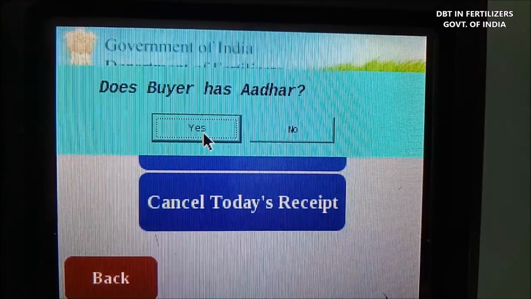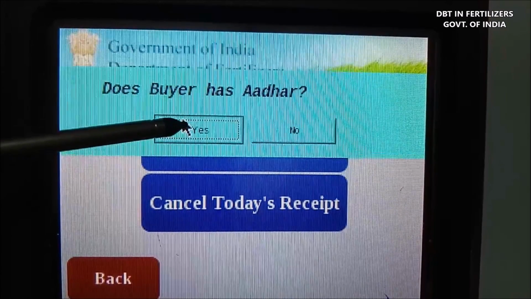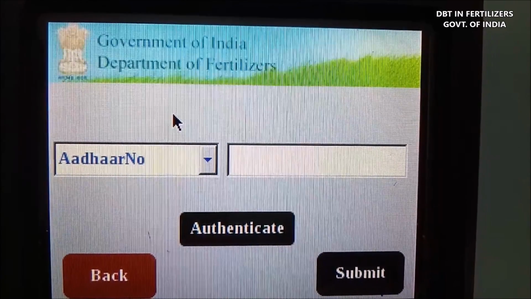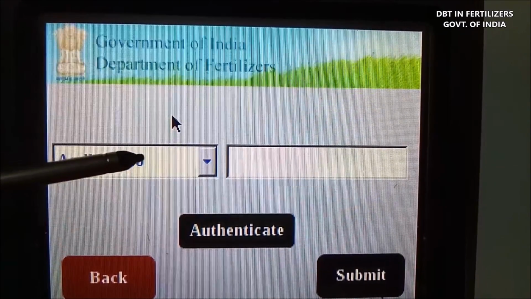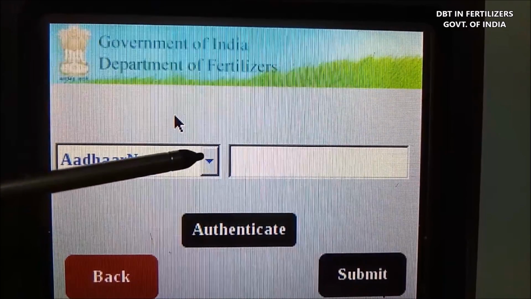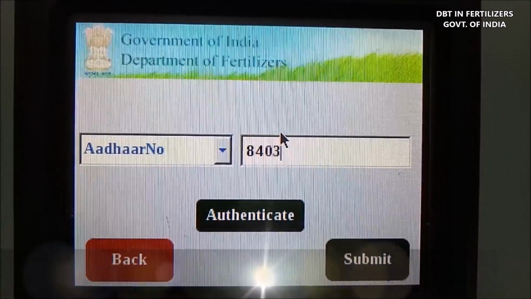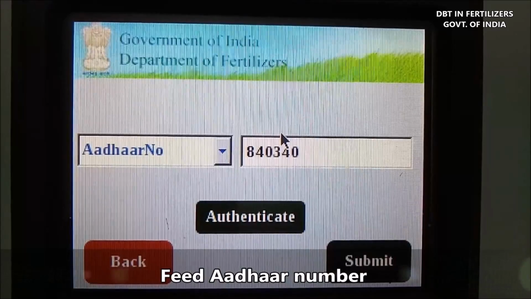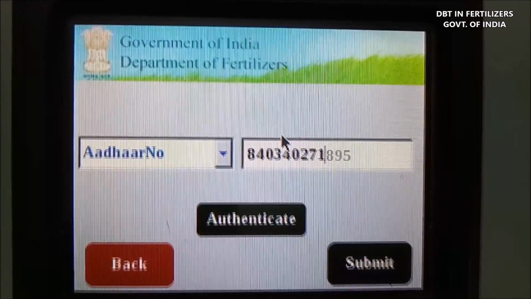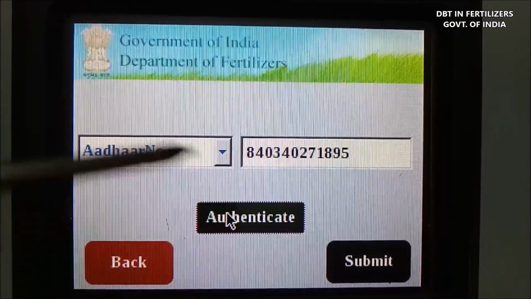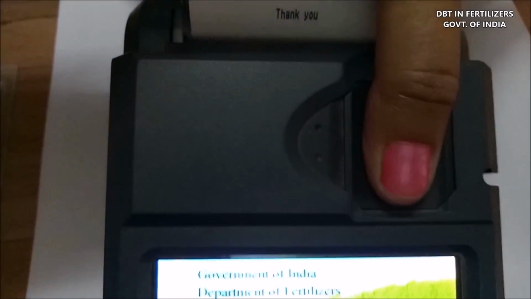A new screen will appear on device. The screen will ask whether the buyer has an Aadhaar number or not. If yes, the user will have to provide the Aadhaar number of the farmer and proceed authentication by placing the finger of the farmer on the PoS device to modify the bill. If the farmer has the Aadhaar number, the Aadhaar number is entered, his finger is placed on the scanner to authenticate, and on successful authentication,